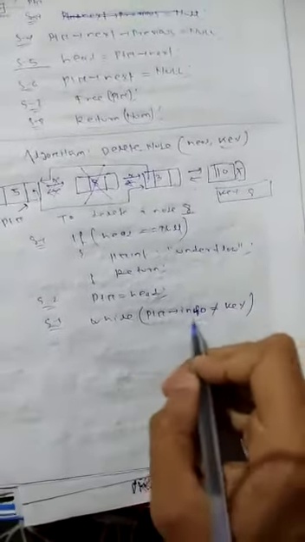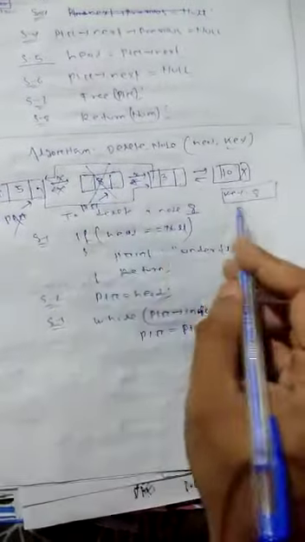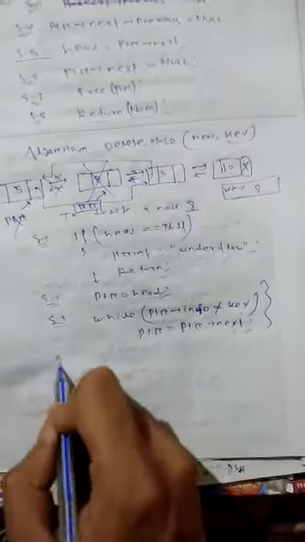So I am checking if ptr info is not equal to key, then the pointer is moved, ptr equal to ptr next. So see here, ptr not equal to key, yes, then ptr will be moved here. Now ptr equal to ptr next. Then here check ptr info not equal to key, but here key is your 8, so here ptr will stop. Now ptr will be pointed to key. So in this step, ptr starts at head, while ptr info not equal to key, ptr equal to ptr next, ptr will be moved up to the key value. Okay, clear? Then what is step 4?